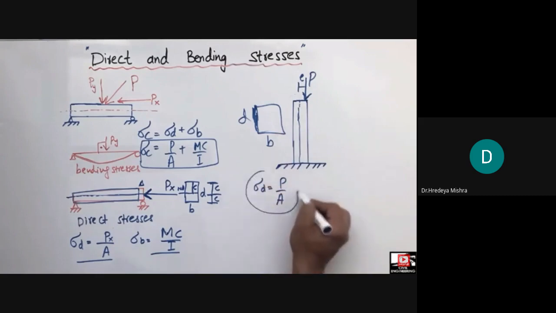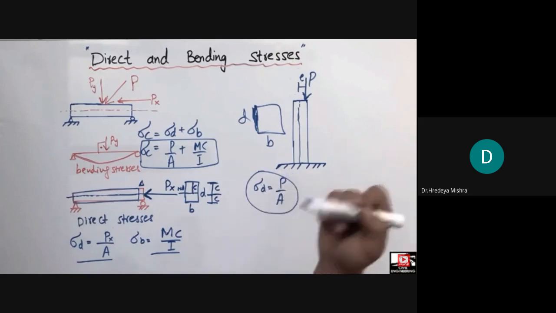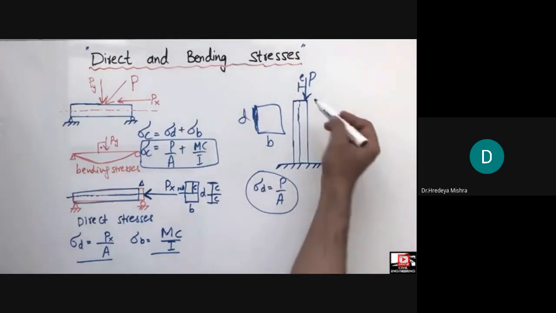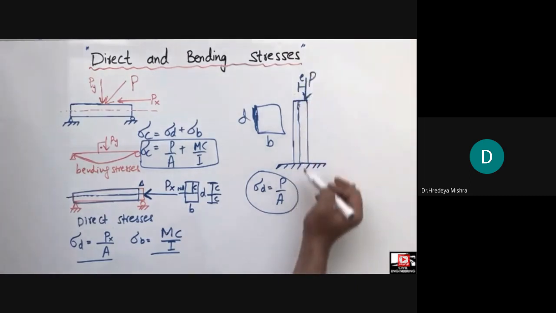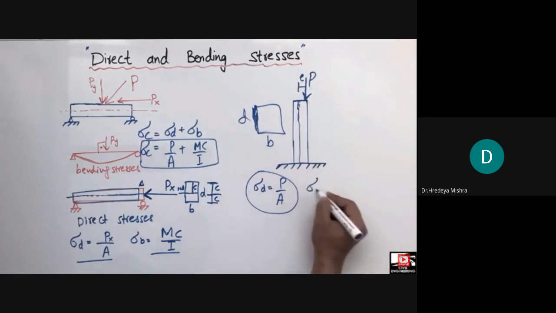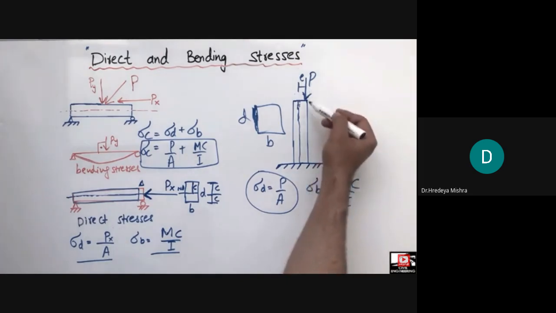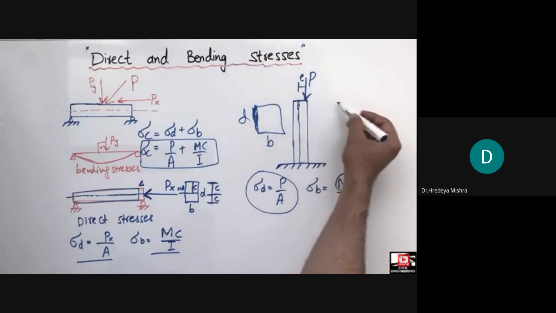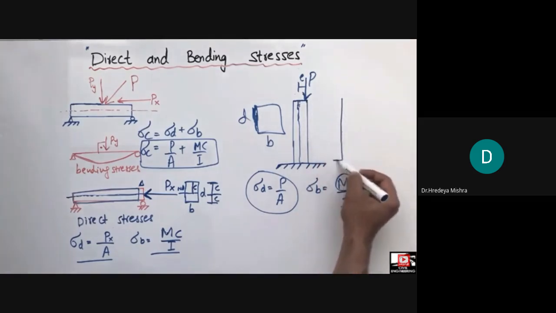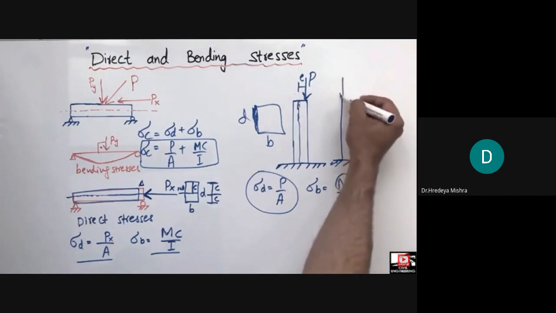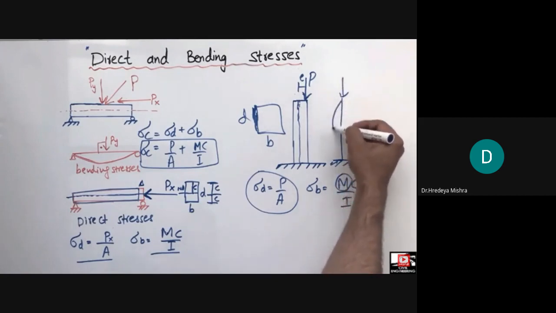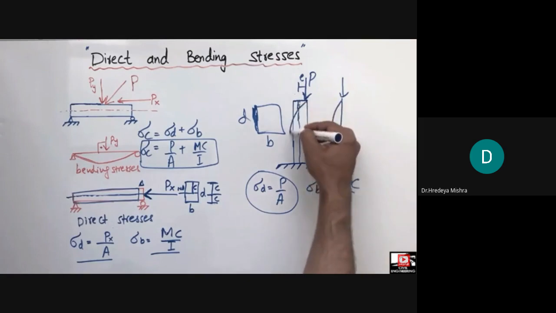Now you cannot simply use this formula to find the stresses in a column. You cannot design the column by using this formula. You will have to use another formula to find the stresses, because now the load is not at the axis of the column. So which formula? I have to use the bending stress formula, Mc over I. The bending moment is created due to this load, because now due to this load the column may deflect. If this is the column, and this is an eccentric load, this column may deflect in this way.